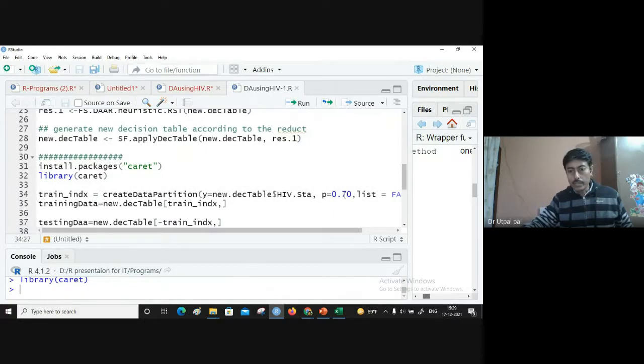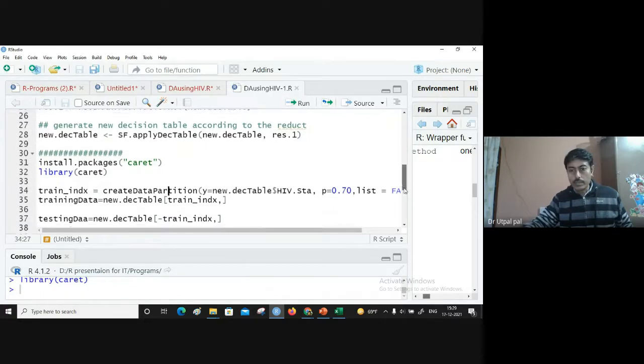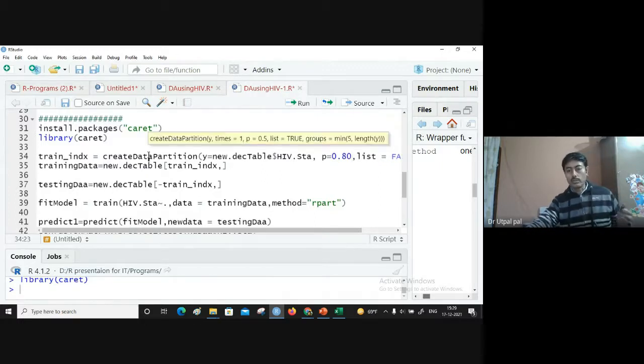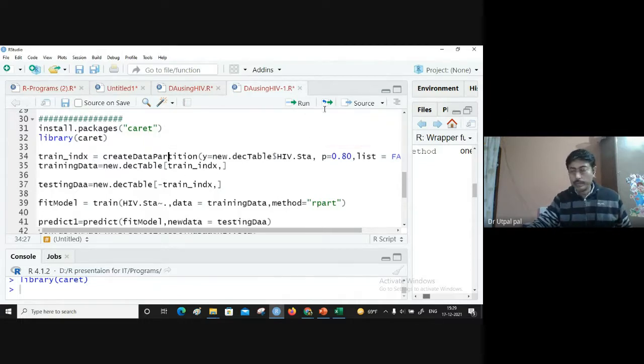Now let me change the data size. Suppose earlier I used 70% of the data. Now I want to use, for example, 80% of the data for training and the remaining 20% for testing. Now let us see if there is any change in the accuracy of the model.